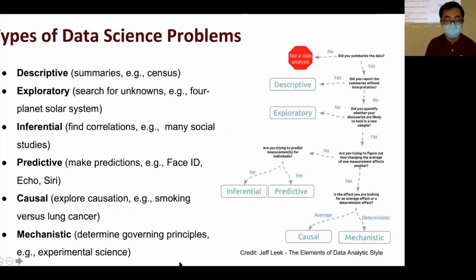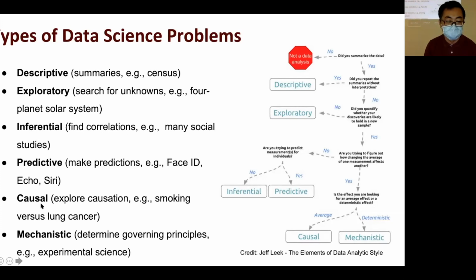You may be working on a data science problem. We have different types of data science problems. For example, descriptive is just a summary of a set of data. Exploratory searches for something unknown. Inferential finds correlations between measurements. Predictive data science problems seek to make predictions.